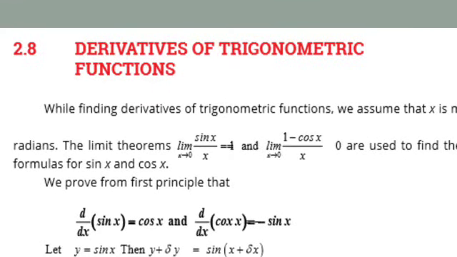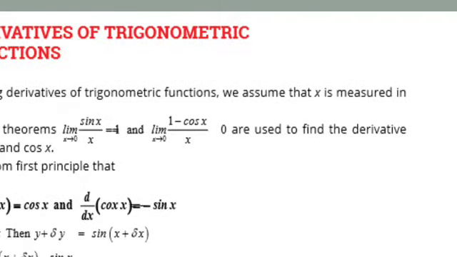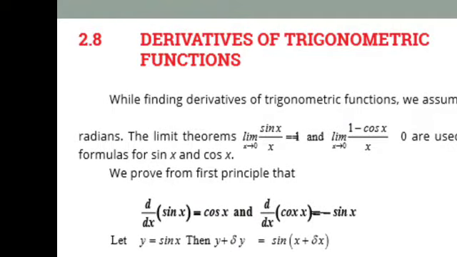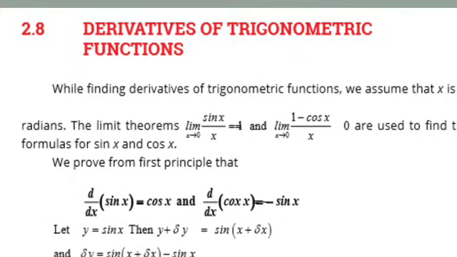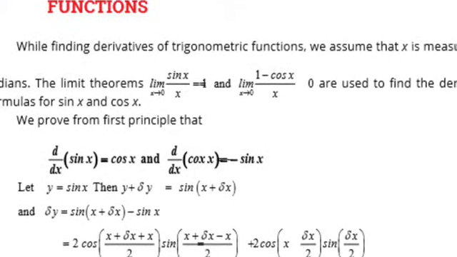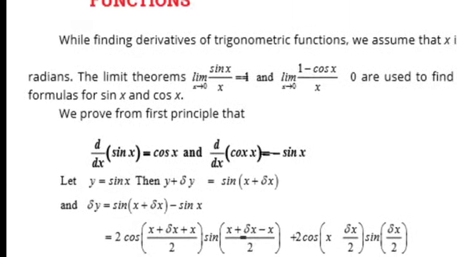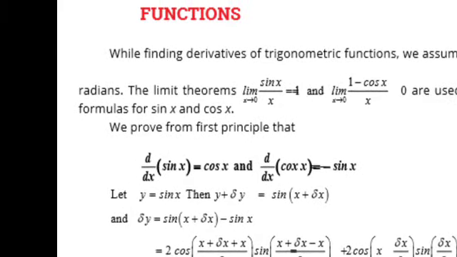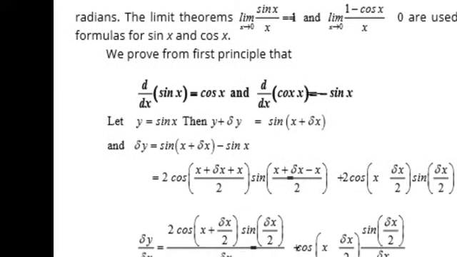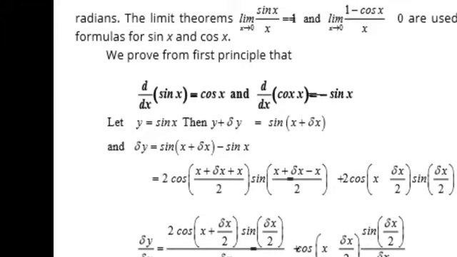Derivative of trigonometric functions. While finding the derivative of trigonometric functions, we assume that x is measured in radians. The limit theorems, sin x over x is equal to 1 and (1 minus cos x) over x is equal to 0. These two properties we use to find the derivative. Now the derivative of sin x is cos x and the derivative of cos x is minus sin x, but we prove it